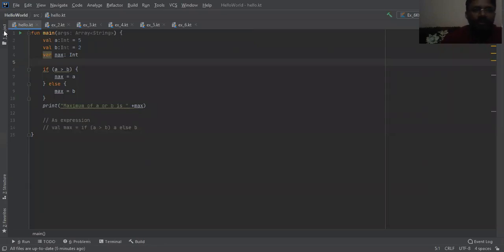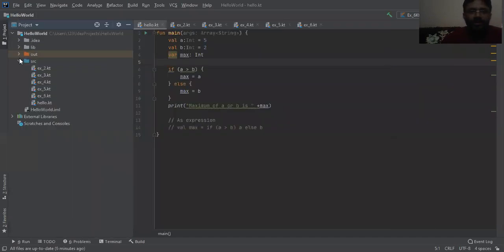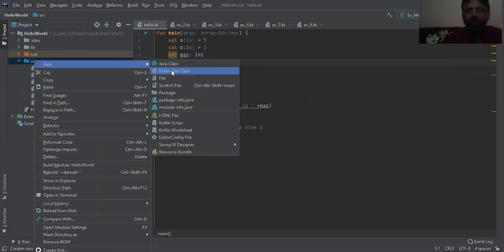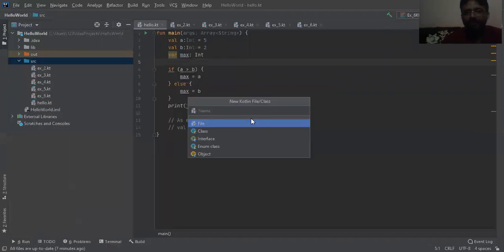Once you create this, as in these examples, I have already created a project. The project name is hello world, and then there is a package src. SRC is the source package, and under the source package I have these different Kotlin files. You simply right click here, choose New and Kotlin file. Once you open it, you just name it and finally save it.